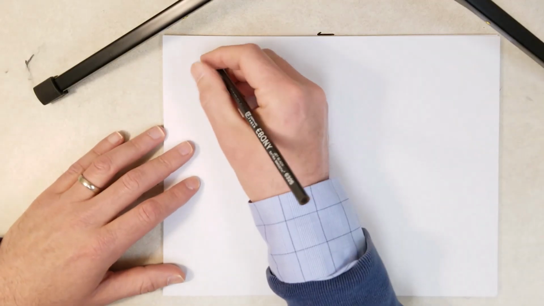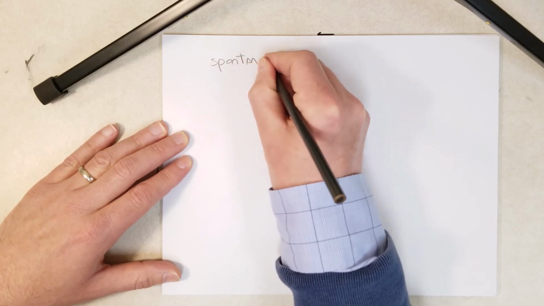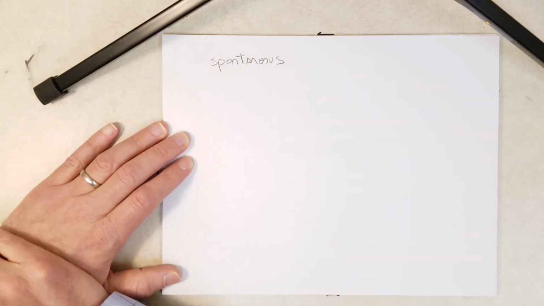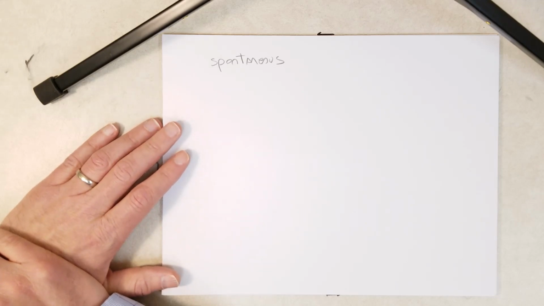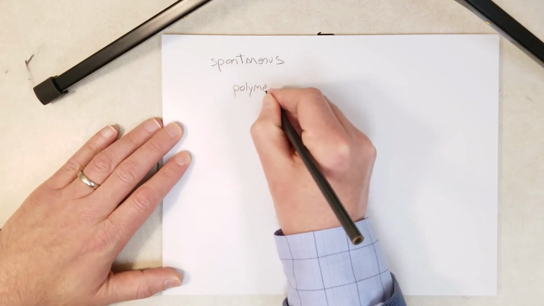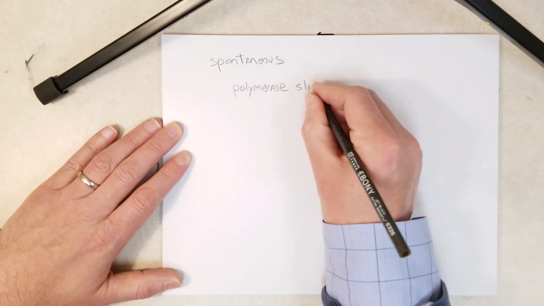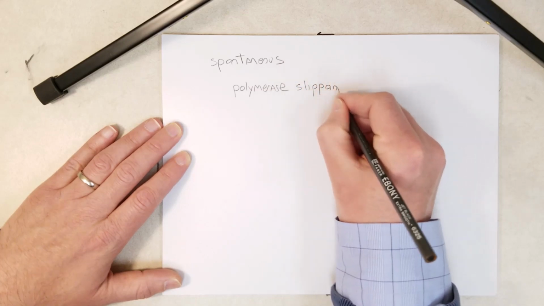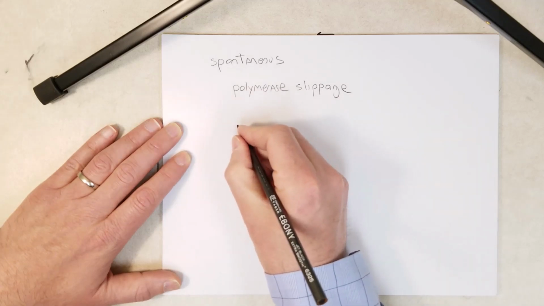So one of the first types of spontaneous mutations, well, let's cover spontaneous first. A type of spontaneous mutation, which is actually important for a range of genetic disorders, is called polymerase slippage. This would be DNA polymerase during DNA replication, and this can happen in repetitive regions of the genome. So for example,